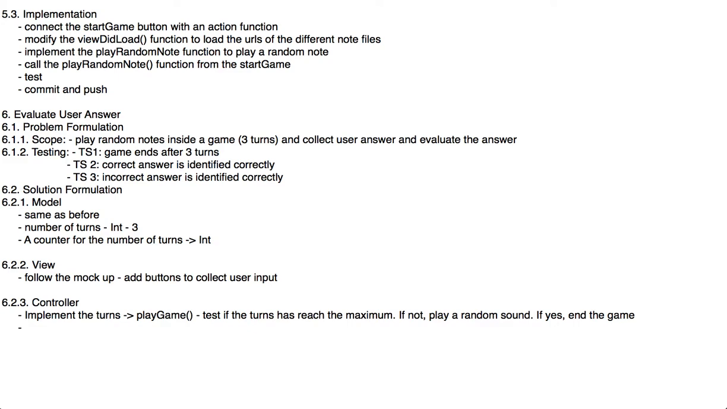The second thing we need to do is to evaluate the user response and play another, and then redirect to play game. So that's the main 2 things we need to implement in the controller. So in the solution implementation,